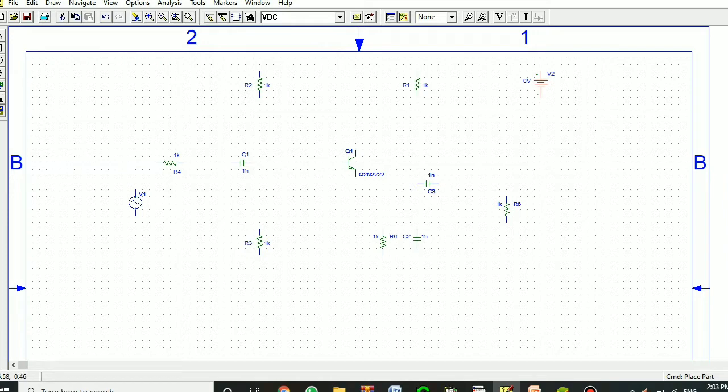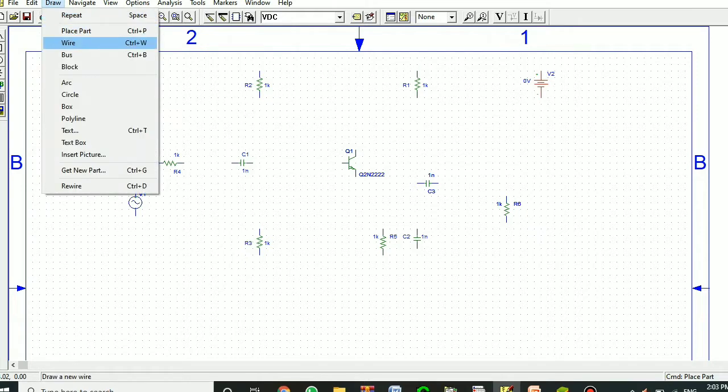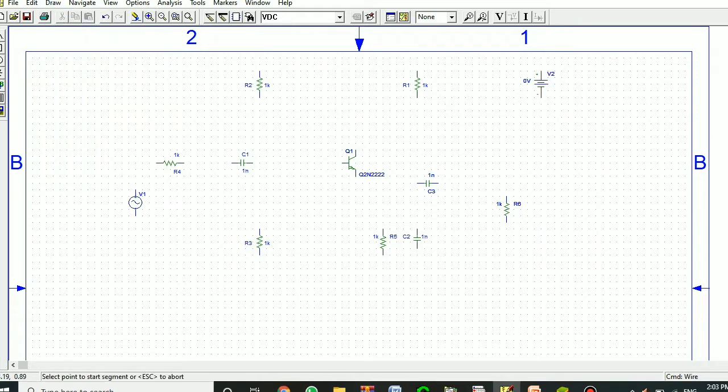We'll have to connect all the components using wire. So to do that, we can either click on this icon, that is draw wire icon, or we can go to Draw and just click on this wire. So your connecting wire will get selected and you can start connecting the components.